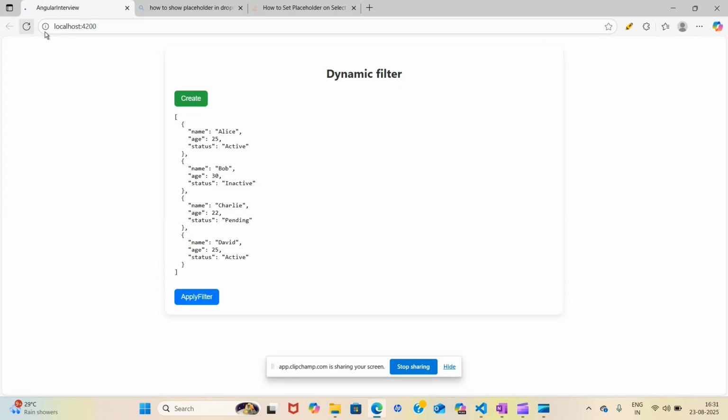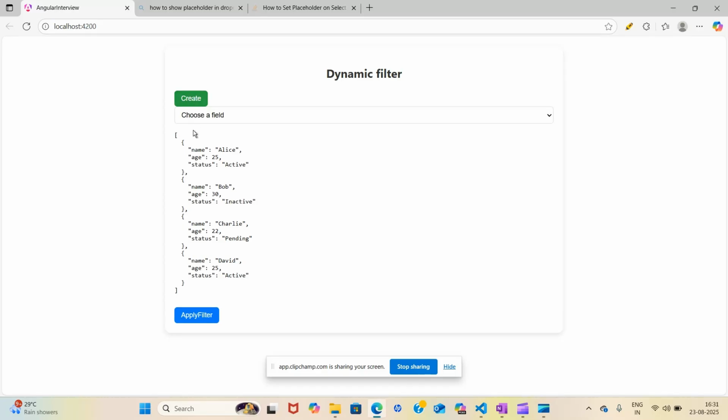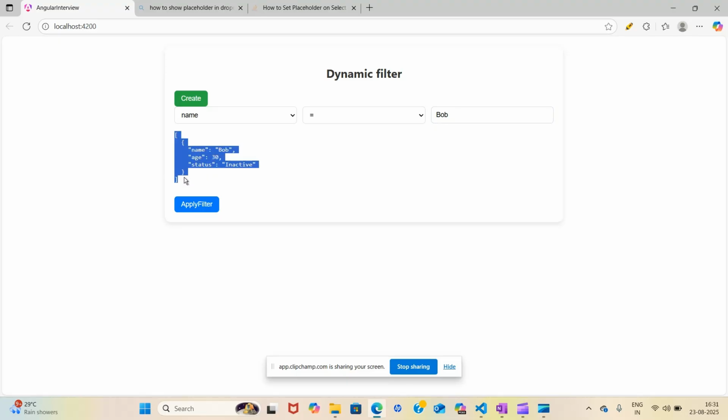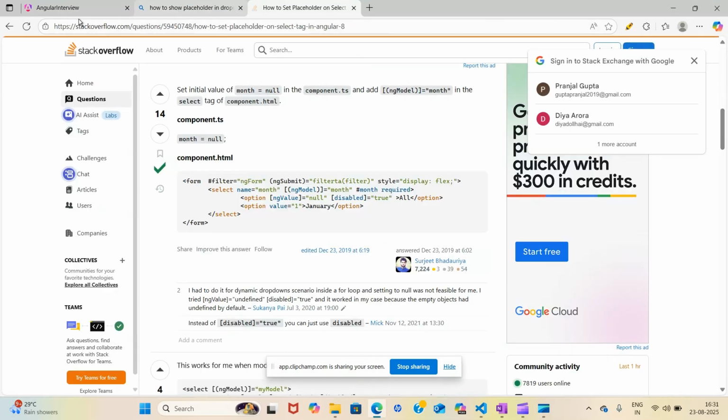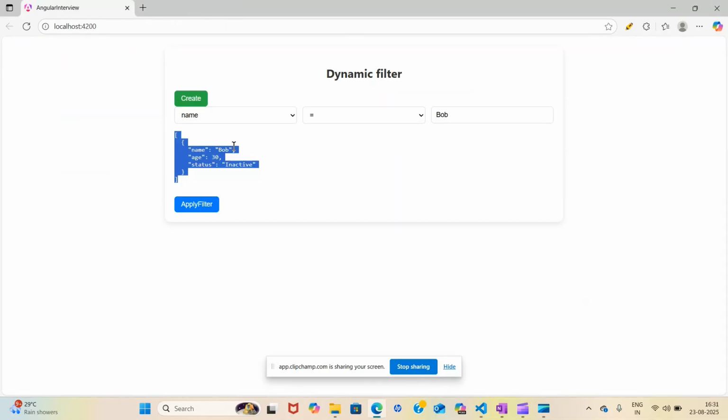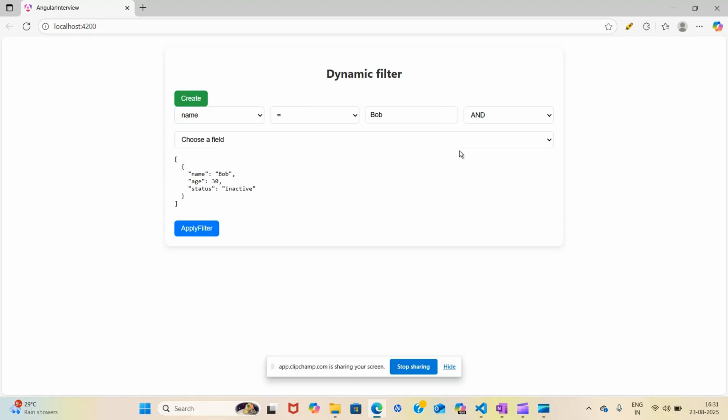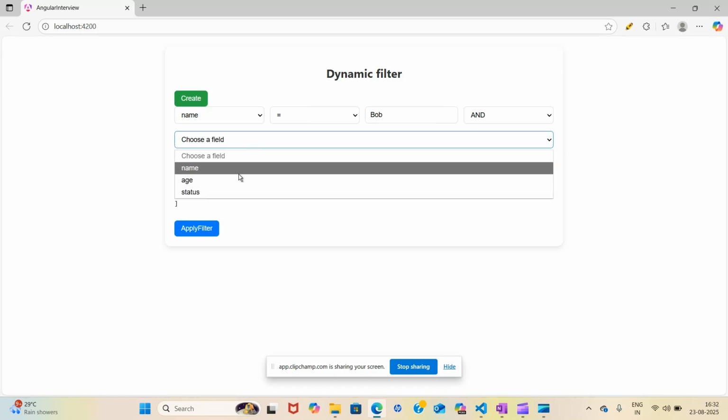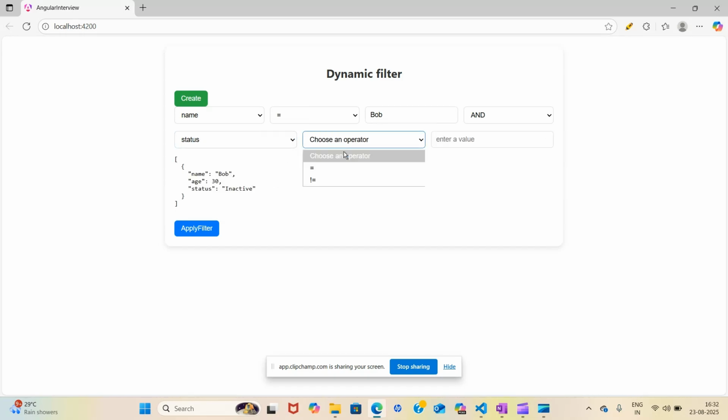We can refresh it and we can see the whole data. We create, and then we choose, then we have these operators, and then we can enter the value. Like if we have entered Bob, we can see this. Now we can even see this if we want to add this logic. So I can have the status, an operator is equal to, and I will write active.